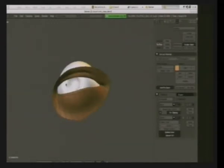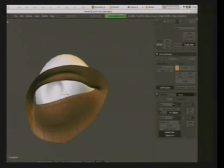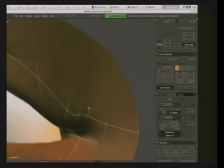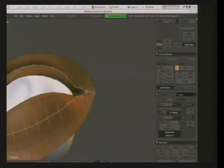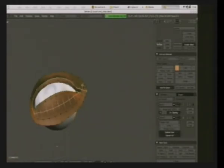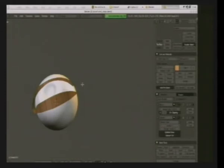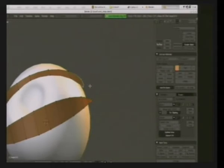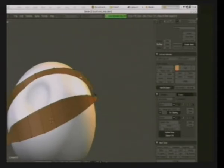I just outlined the eyes, and eyes are actually pretty easy. They're just basically a loop like this, and as you can see, there's this little split up there. It's one of the most important things to make the skin around the eyes fold in a natural way, and it's really done by just taking this loop and not finishing off this loop like you would normally do, just pressing F, and you got a continuous loop